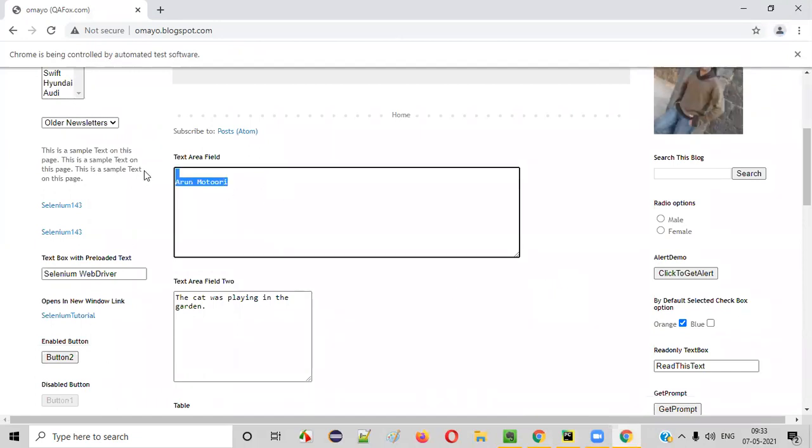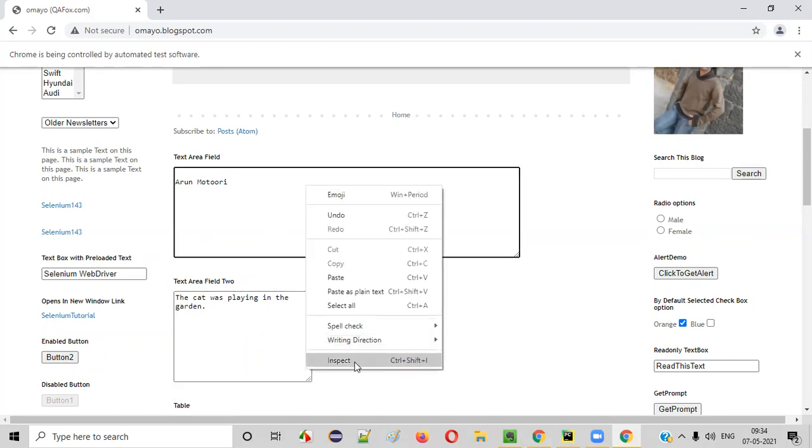So you see, Arun Motori is typed only into text area field 1. Into text area field 2, it is not typed. Arun Motori is only typed into one of the text area fields. Okay, because even though these two text area fields have the same HTML tag, that is, if I inspect this